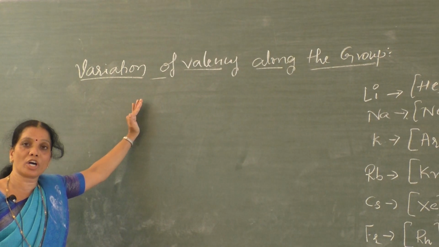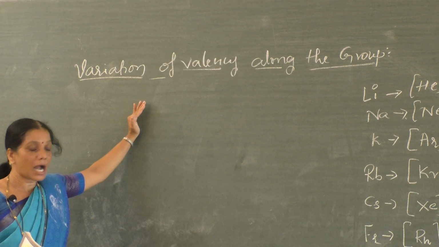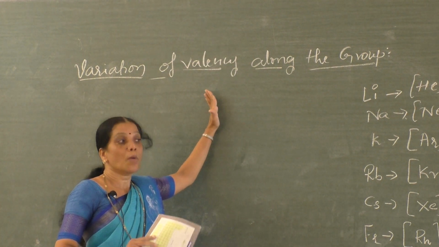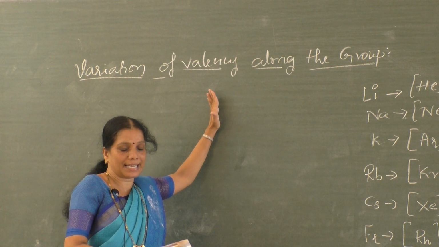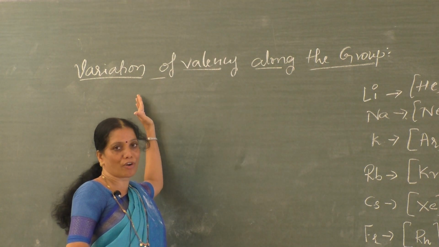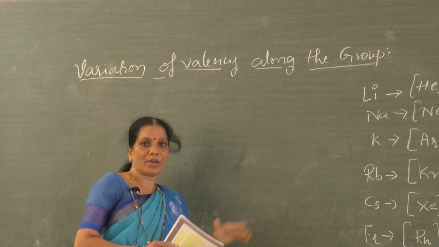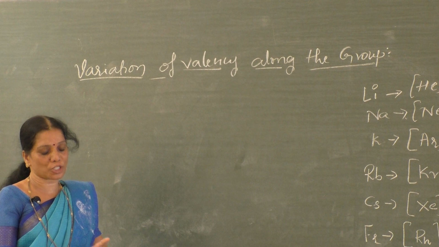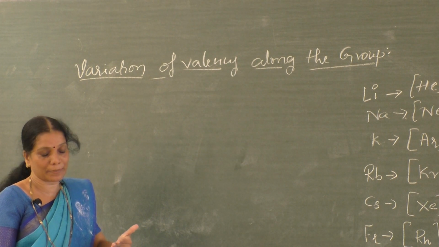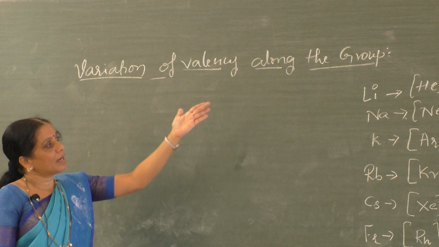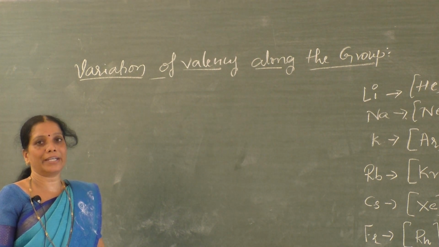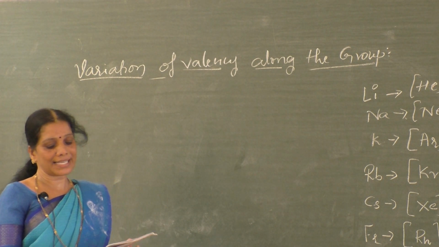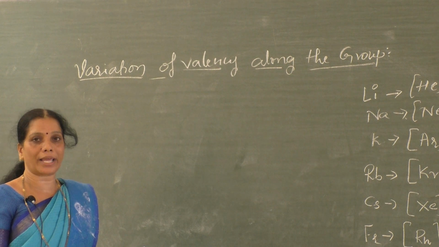Just by observing the number of valence electrons: up to 4, valency is equal to the number of valence electrons. If the valence electrons are more than 4, then we have to use the formula 8 minus the number of valence electrons. By this way, we can calculate the valency of each and every element of a modern periodic table.